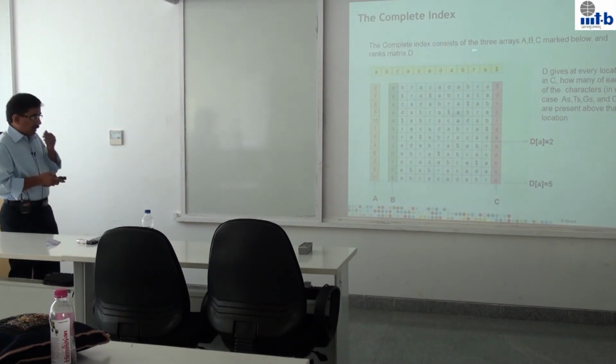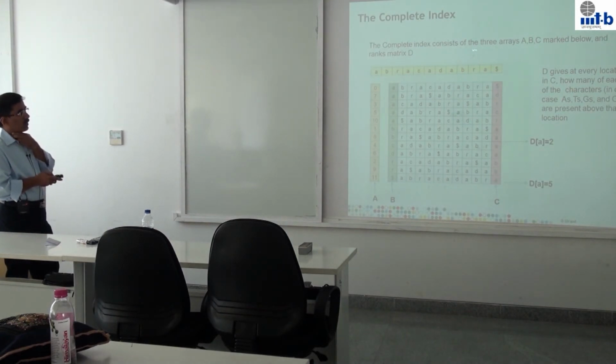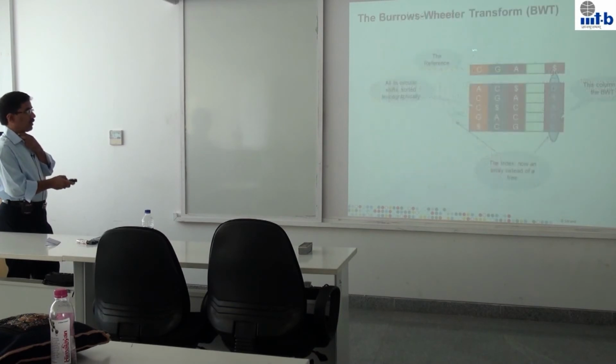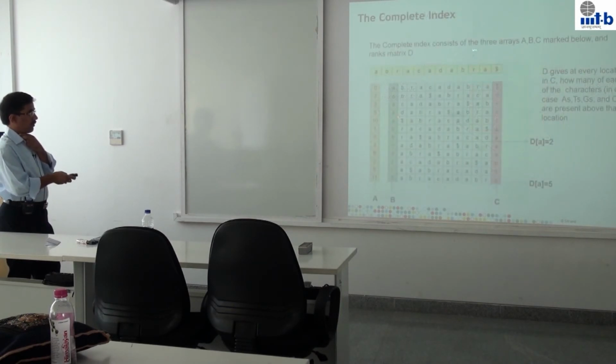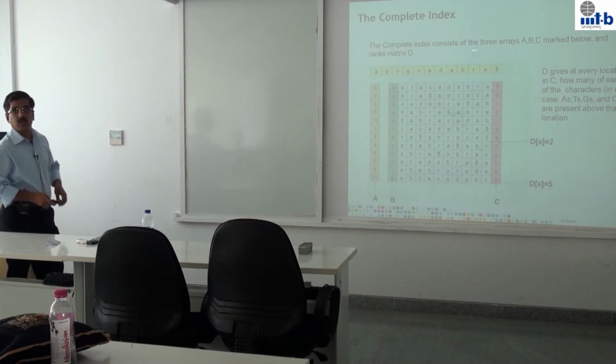If you look at the complete index that we need to store in this case, again as an example, this is the string that we are interested in as a reference, and then these are the circular shifts. This is the BWT. This is the suffix array. The pointers that were shown in the previous slide are actually given as a suffix array, which points to the locations in this array.